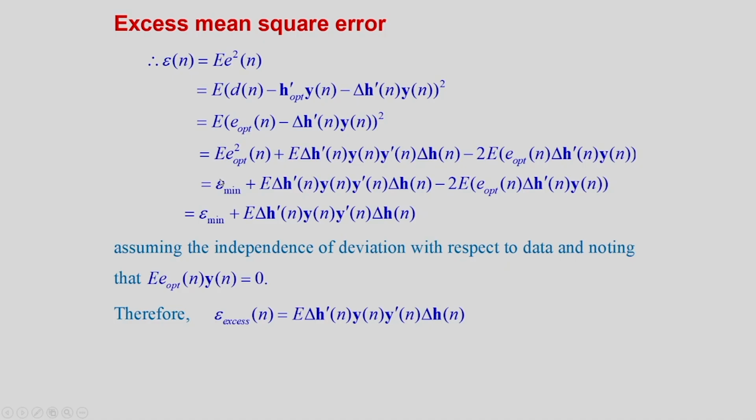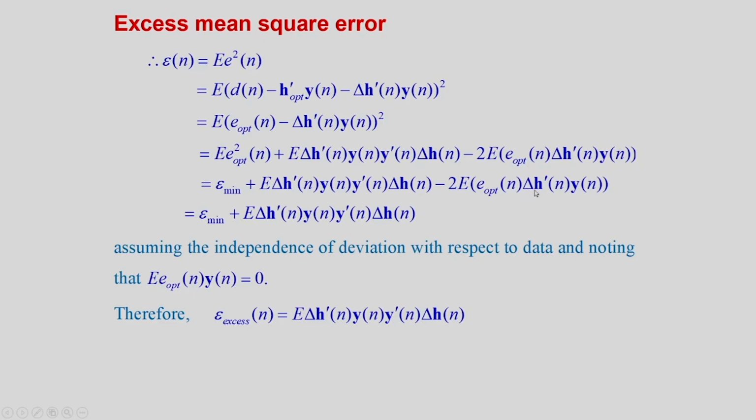So, that way we can write that MSE is equal to the Wiener filter mean square error plus E of delta H n transpose y n into y n transpose into delta H n, because this term will become 0 because of the independence assumption. We can write that